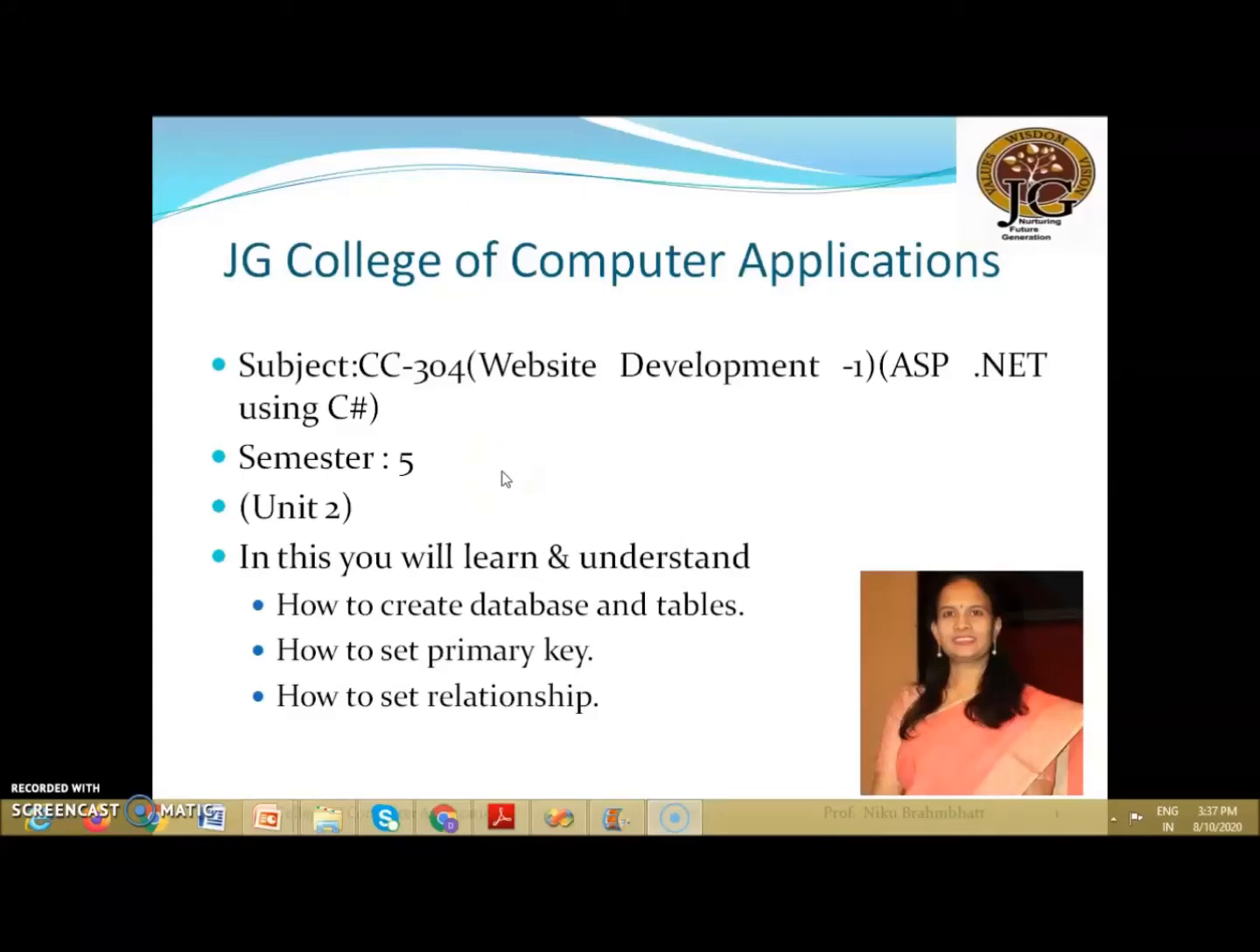Here we will discuss how to create a database and tables in ASP.NET using C#. Also, we will learn how to set a primary key and how to set relationships among the tables. This will be helpful for the students of semester 5 of the BCA course. So now, practically,